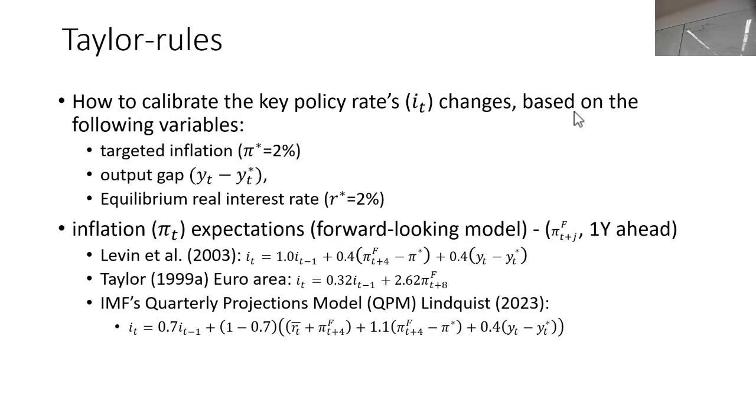But if I'm looking for modern models, then we always have these forward-looking models. For example, this was designed for Poland by the IMF in 2026 by linguists, and in this case we can see that they were saying that, okay, this is quarterly data, so they were looking 1 year ahead in the case of inflation. So what is the forecasted inflation for Poland? And then they were just taking